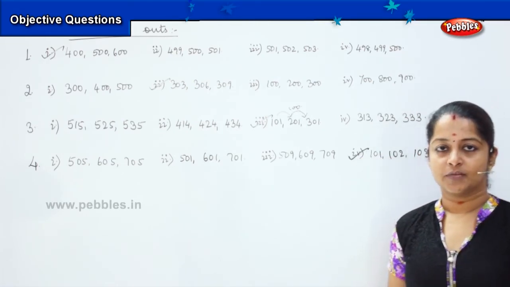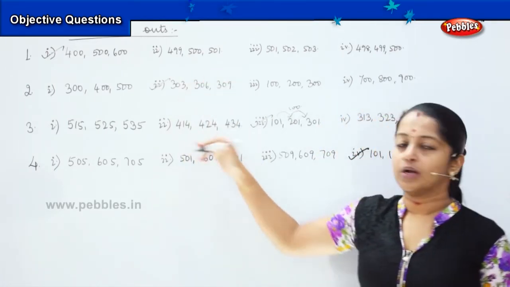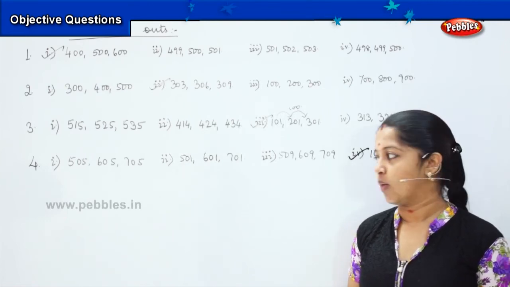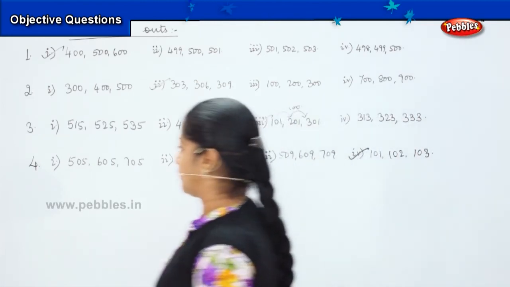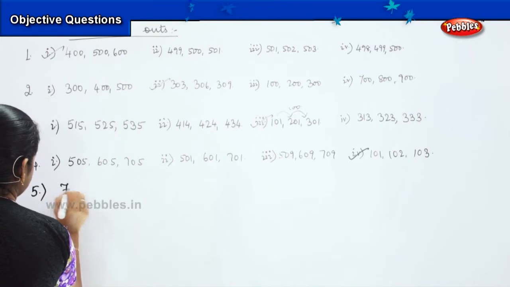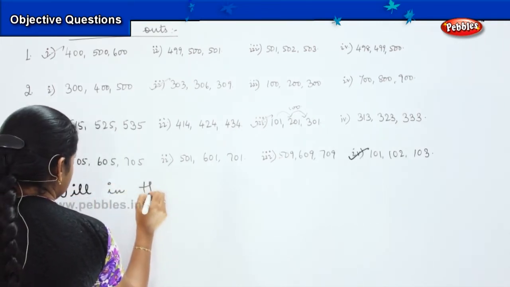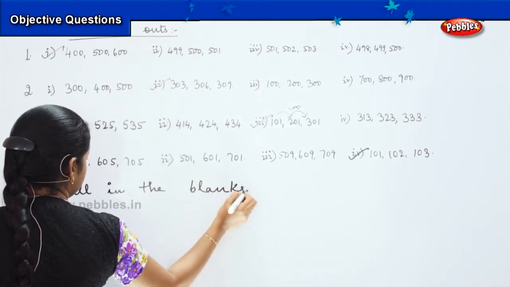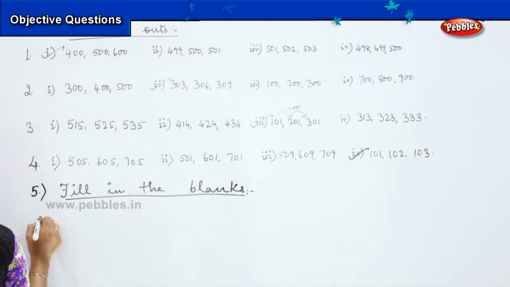Got it? Are you clear, children? So have you understood the odd one out patterns? Is it clear? Now I am going to ask you a few tricky questions. Your next question, you have to fill in the blanks. Okay? And in this,